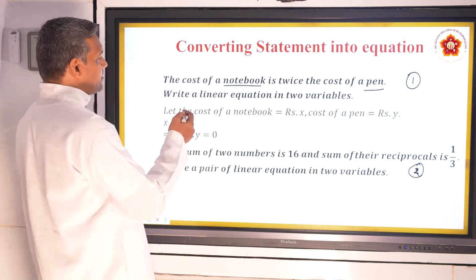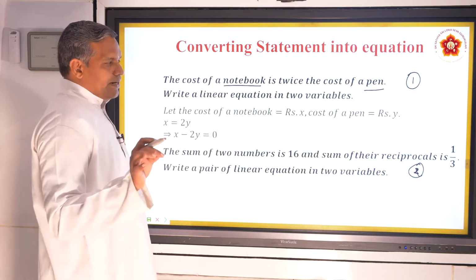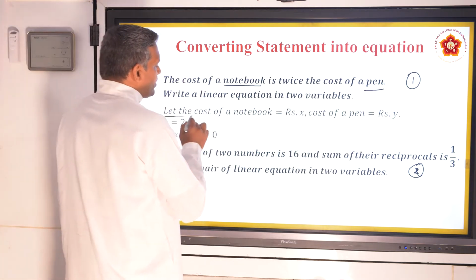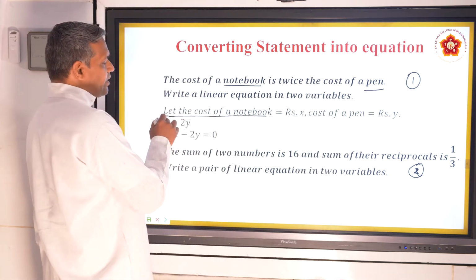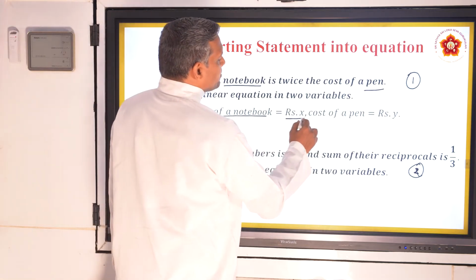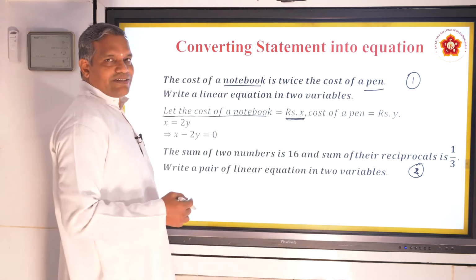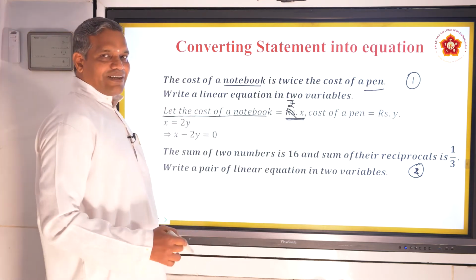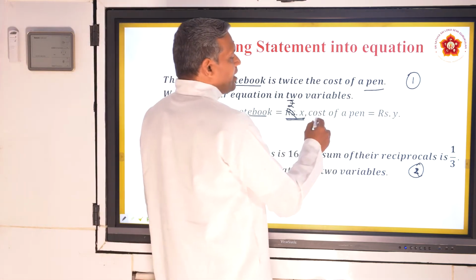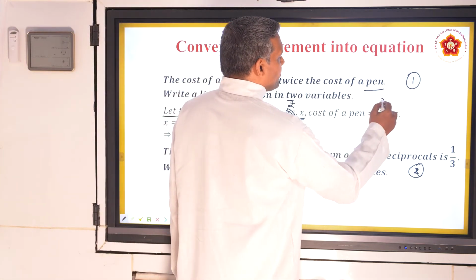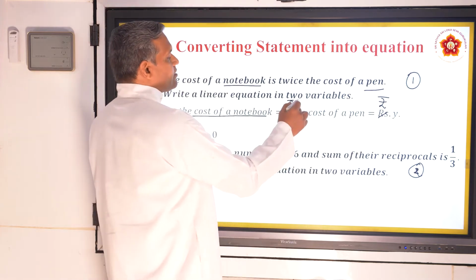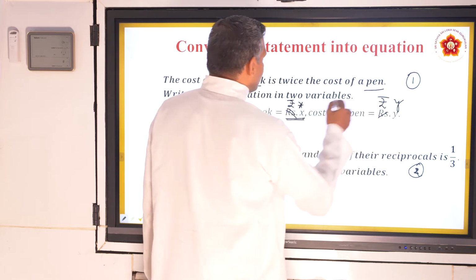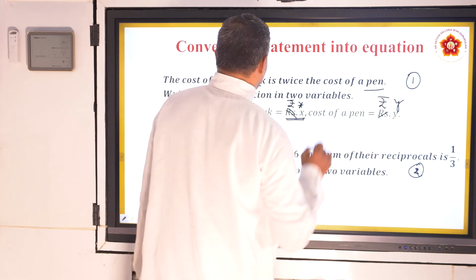So now let us look into this. How do you solve? Pay attention, you learned this in 8th standard and it's very easy. We have to make an assumption. Let the cost of the notebook be rupees x. I don't have the rupee symbol on my laptop, so I've put this, otherwise you can put the rupee symbol. The cost of the pen is rupees y. So you assumed the cost of the book is x rupees and the cost of the pen is y rupees.